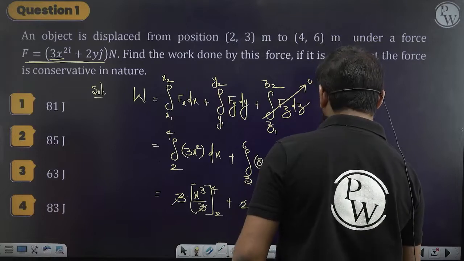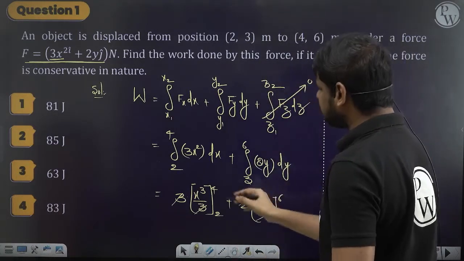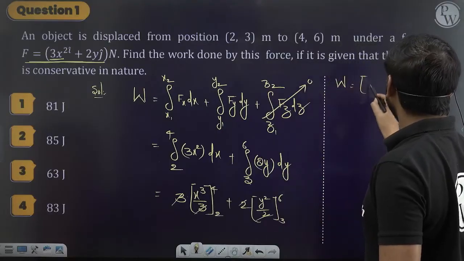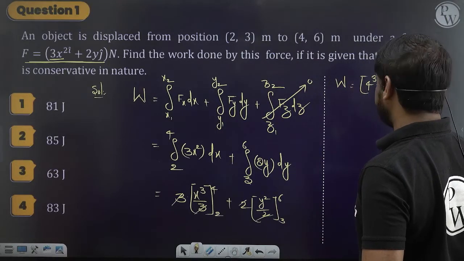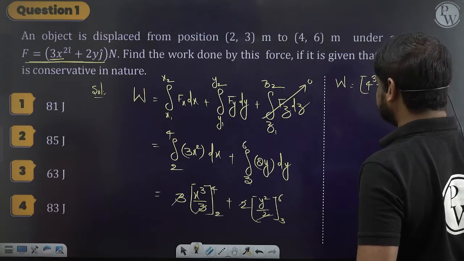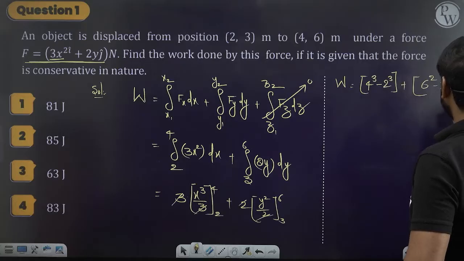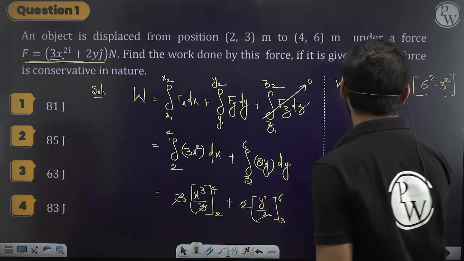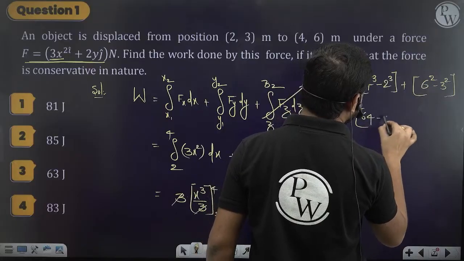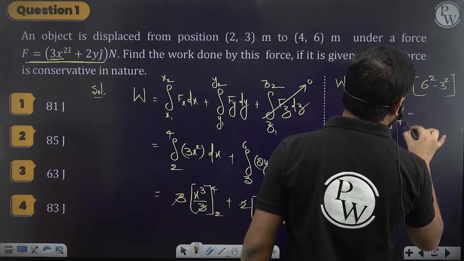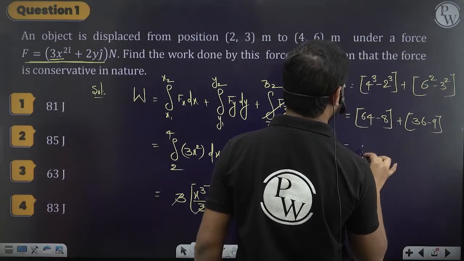So from here I can write the work done will be equal to x cube, which is 4 cube minus 2 cube. So plus, here it is 6 square minus 3 square. Yes or no? 6 square upper limit minus lower limit. So then this is going to be 64 minus 8, and 36 minus 9. So that we get this is 56